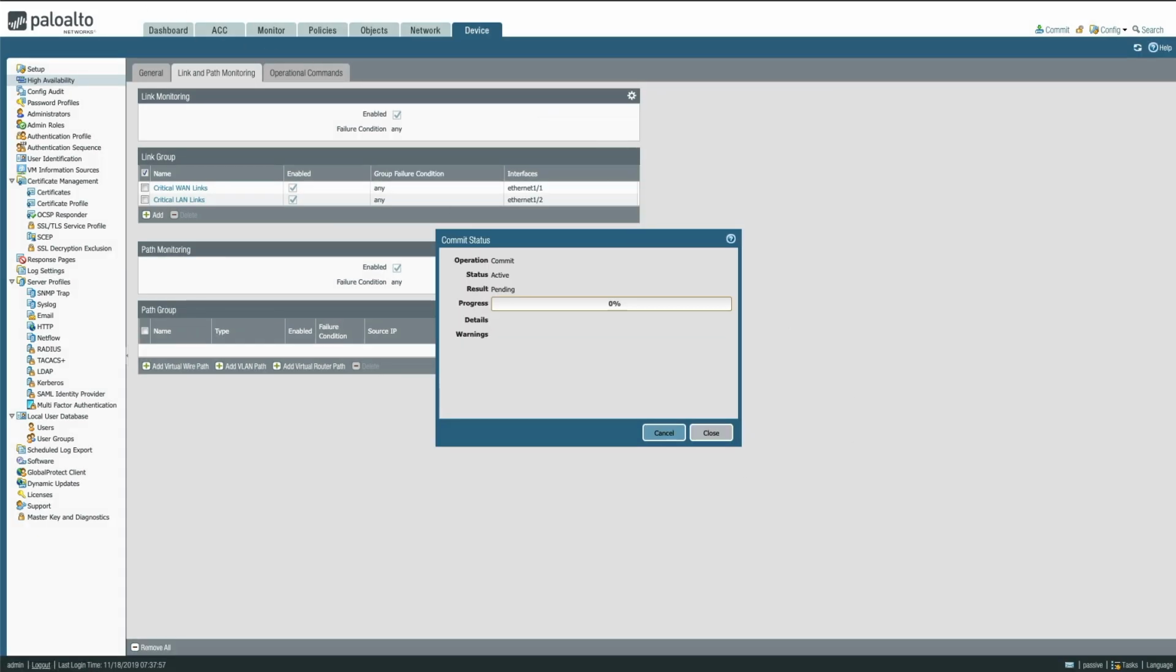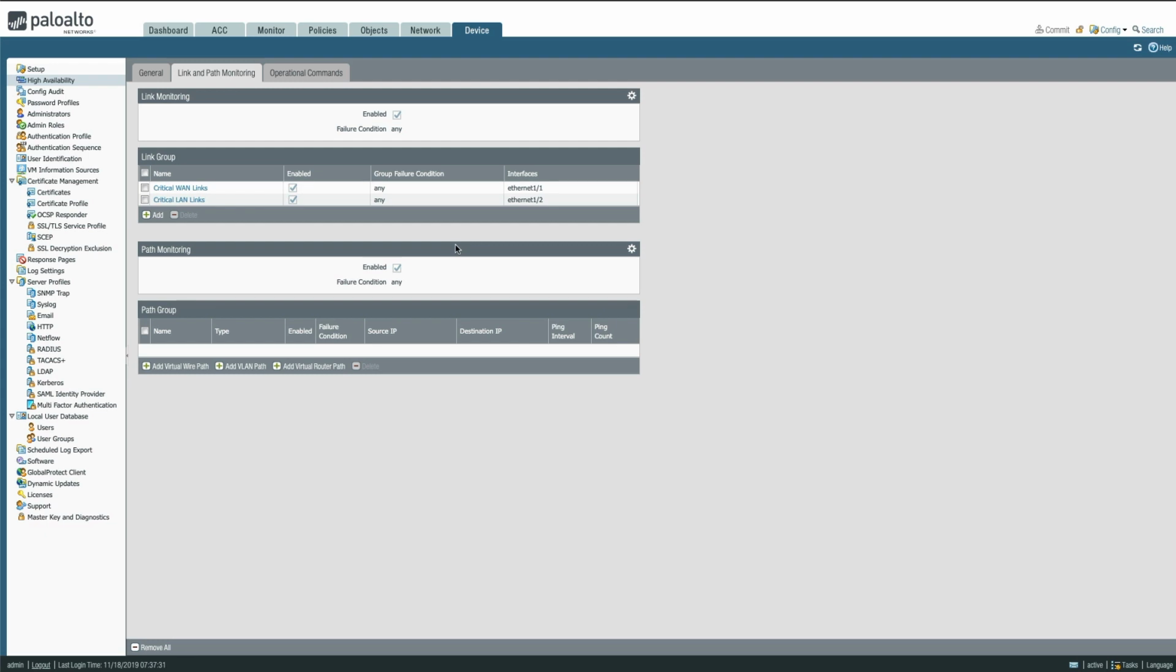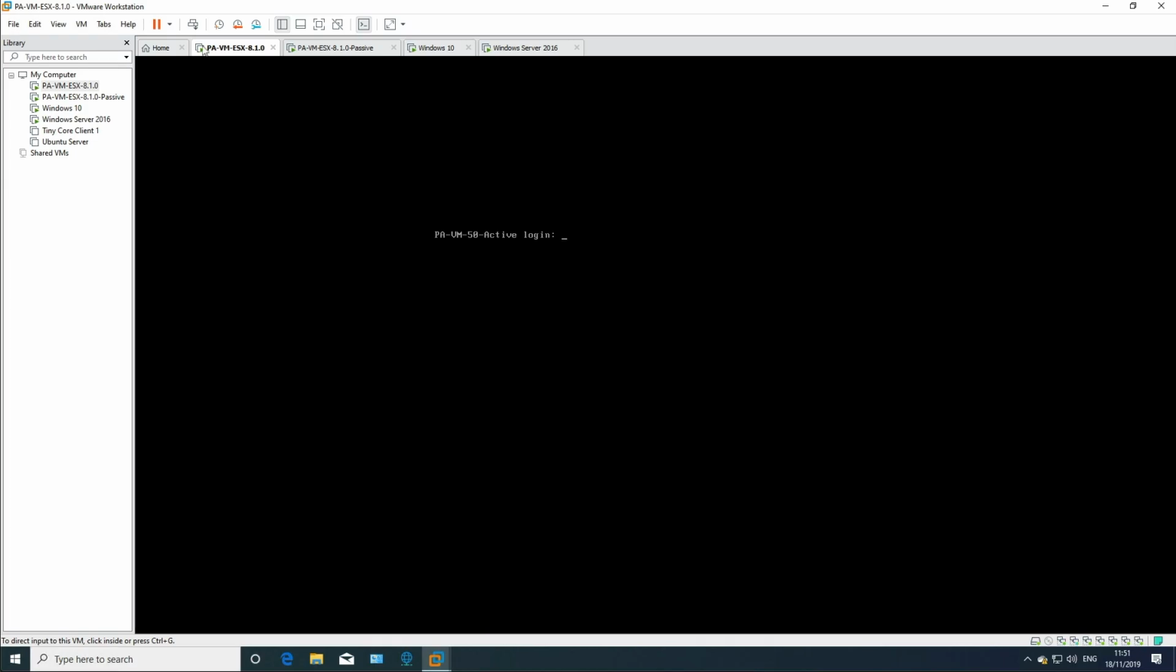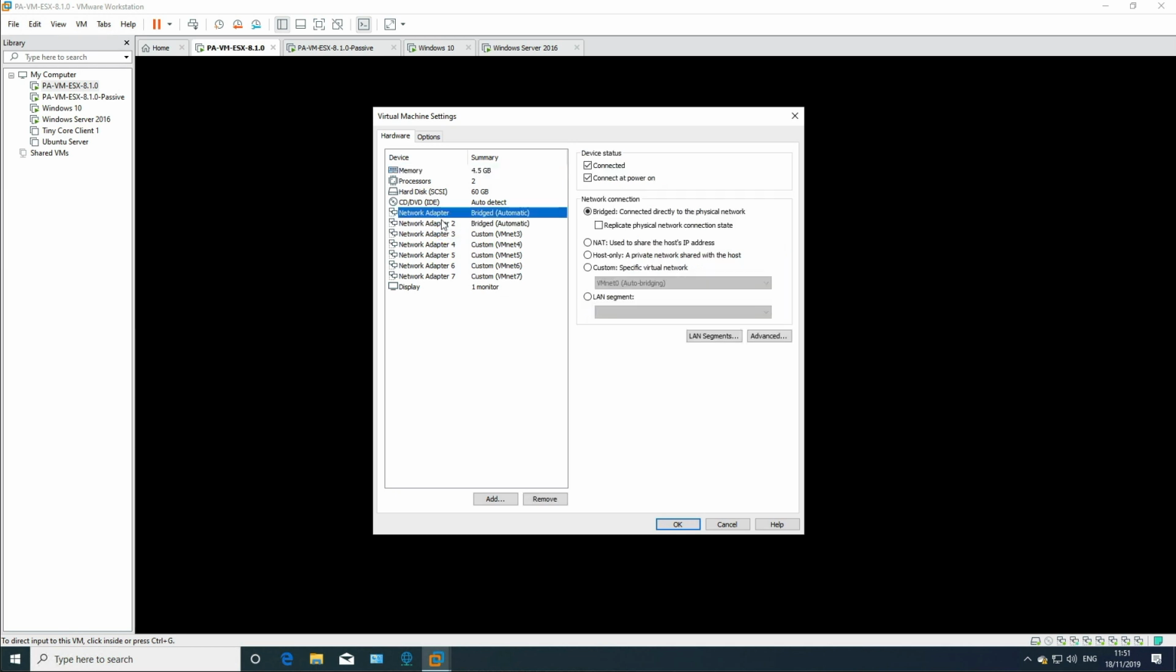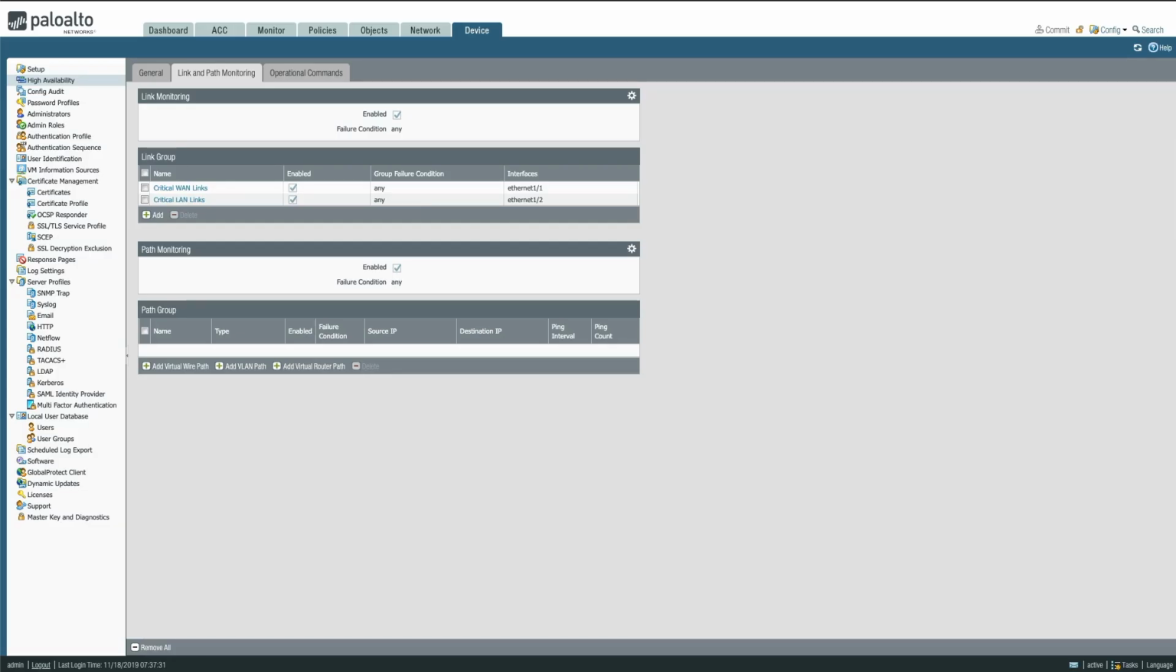Now while that's doing that, we go back to the active firewall, and in order to emulate a link failure, we have to go to VMware Workstation and go to your primary Palo Alto VM and go to the settings, and we need to identify the outside interface, which will be the second adapter in the configuration. And then under the device status, if you untick connected and then click OK, now when we go back to the firewall,